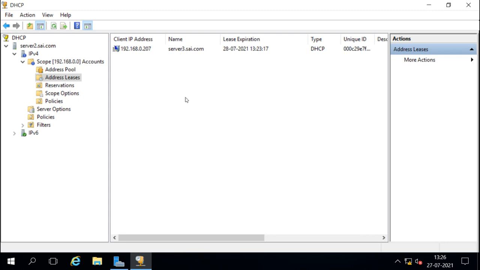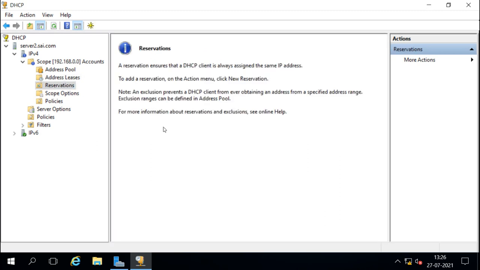Now suppose we have some machines which are important for us, and we don't want to change the IP address for that machine. For example, there is a printer there, and we don't want to change the printer IP address every time, because everyone knows that IP address and everyone is using that IP address, so we can't change it every time. So we want to use the same IP address every time. Now we can do that by using a static IP address, or we can create the reservation for that IP address. We can create the reservation based on the MAC address.